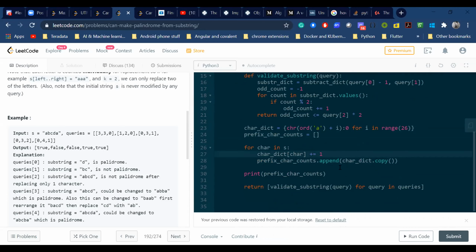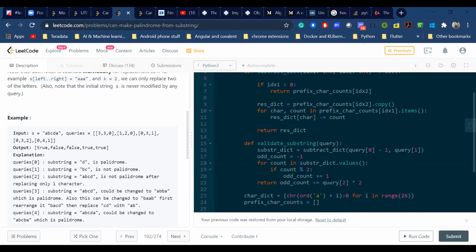Then what I'm trying to do is this validate substring. If it is valid, it will return true. What validate substring does is first it creates the substring dict. I'm subtracting the counts of the right index with the left index minus 1.